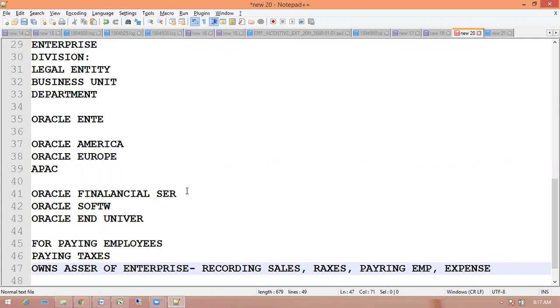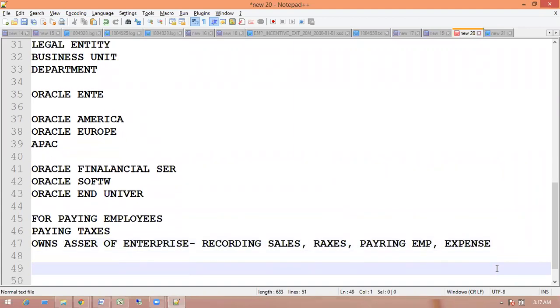So this is what a legal entity is about. First of all, we should understand from the client perspective how many sub-organizations are available and how many countries they are in. We should consider these first: whether the organization is single country or multiple countries.